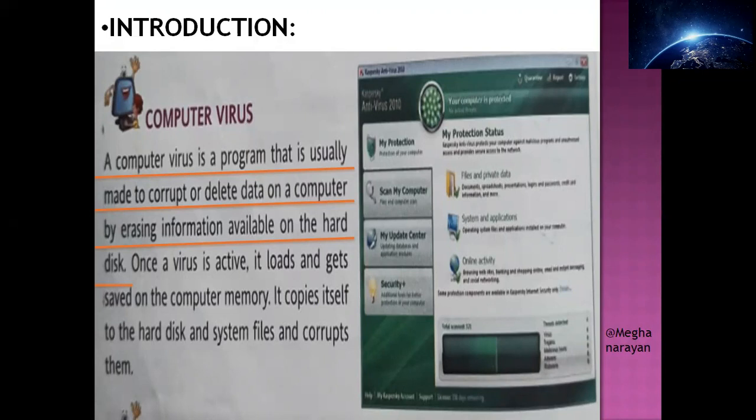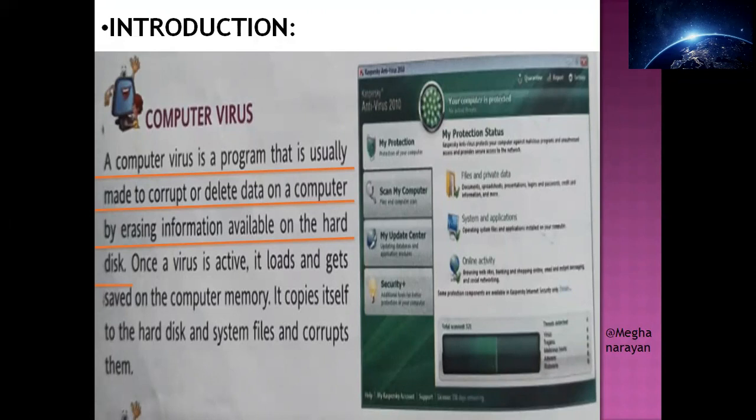So this particular slide can be concluded in the way like computer virus is a program itself that used to do two things, deletion or corruption of the data. How is it to be done? It is done because the virus erases the information available on the hard disk. Now the question is how this virus used to get active.